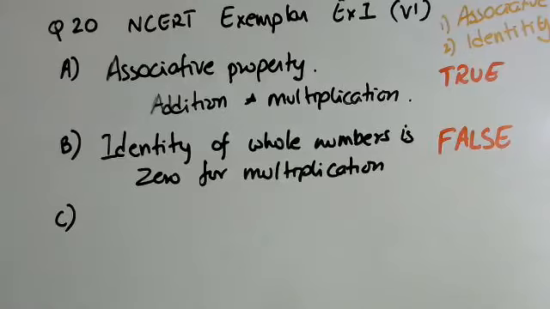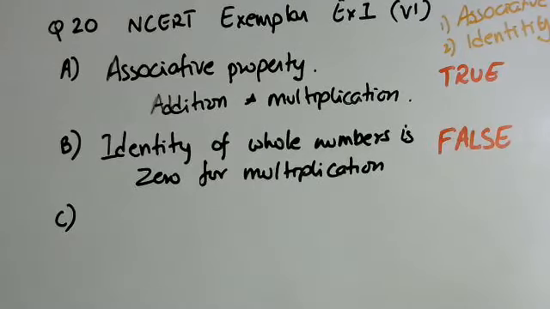It is possible that people can make an error in formulating the questions, and that there may be two possible correct answers, which would be a problem if it was an MCQ. If we identify any such question, if you look in the beginning of this exemplar book, they say that in case there are errors, please write to us and we will be happy to correct ourselves. So students, teachers, parents, whoever is using the textbook, if you find that there is something wrong, you should write to the textbook company and ask them to correct the error. Or maybe they will write back saying, we checked, it's not actually an error, this is how it is, but in any case, you are engaging with the process.